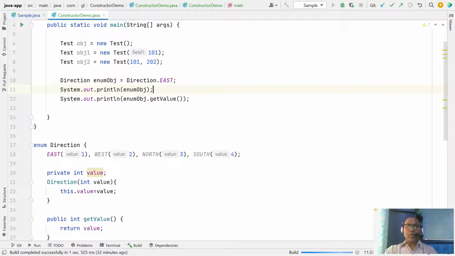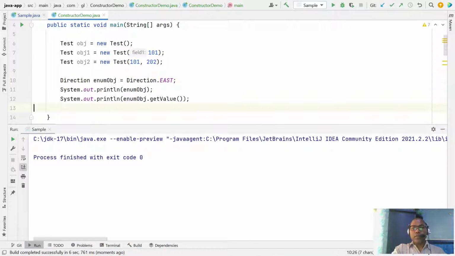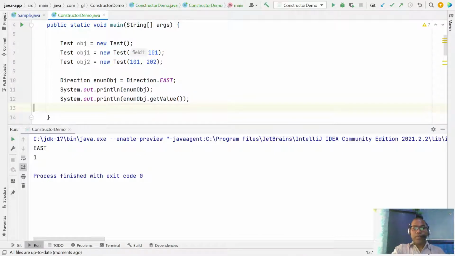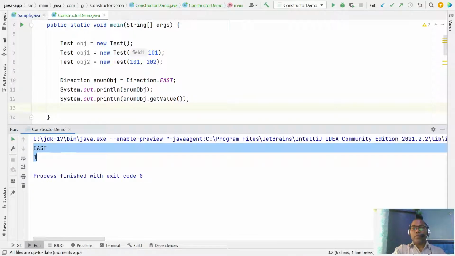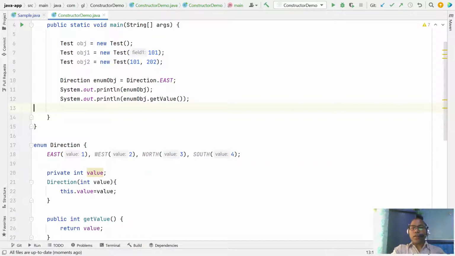So whatever the direction object has, you can get the name as well as the input value, whatever value you have set here. So here you can just access the object. Right, this is the enum and this is the value. So in this way you can define a constructor inside an enum as well.